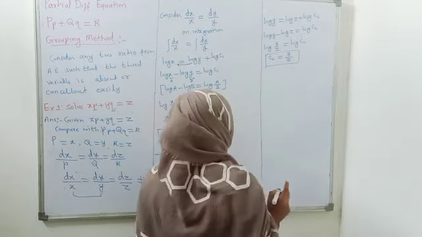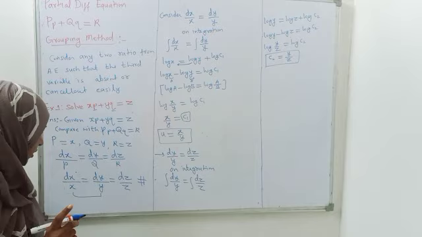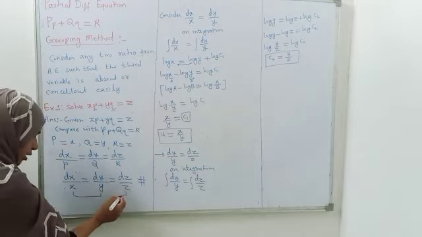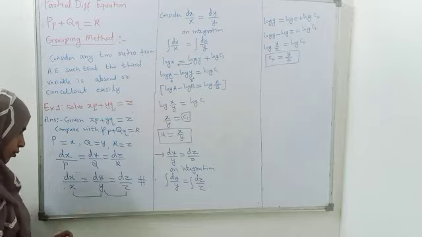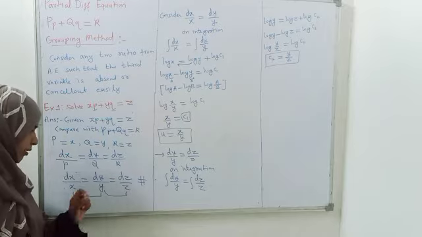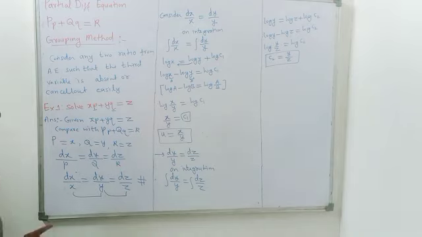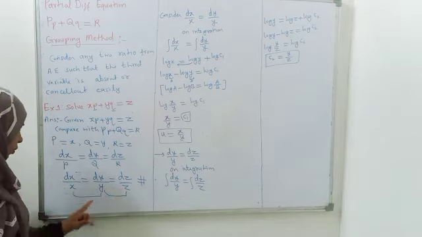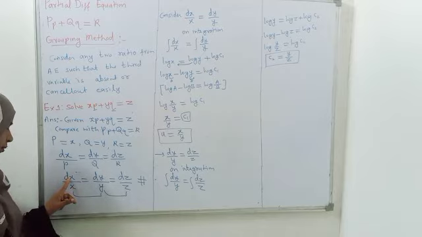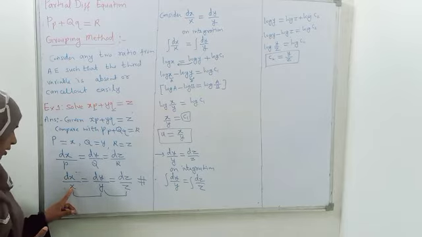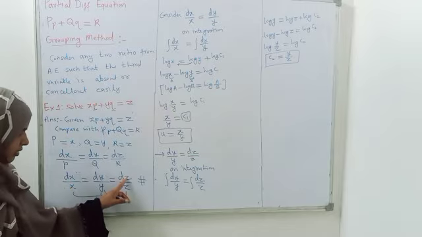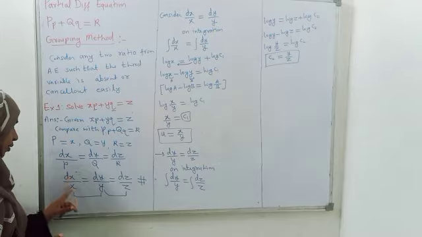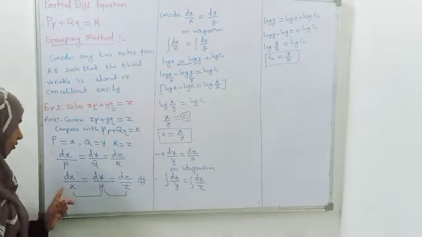Students, note one more point here. Going back to the auxiliary equation, I considered for the second solution the last two ratios, dy by y is equal to dz by z. You can also take the first and third, dx upon x equal to dz by z. Here dx means the x variable should be in the denominator, which is already present, and dz contains the z variable. So you can also take dx upon x equal to dz by z, the first and third.